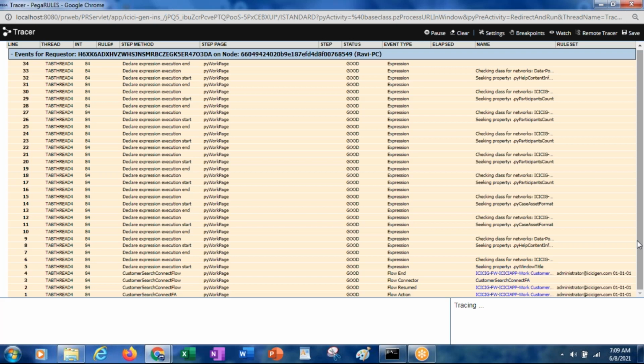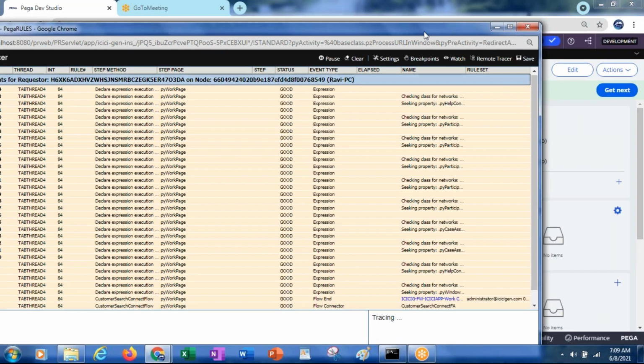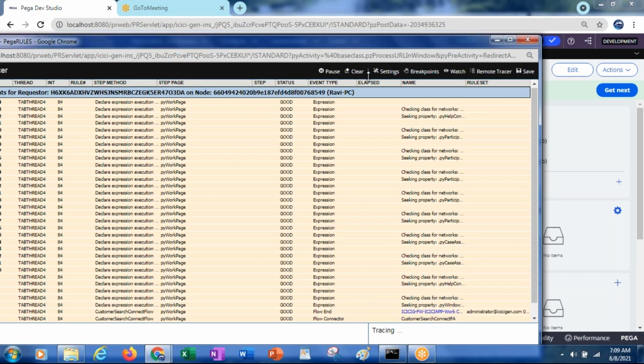Why is it not showing? Because now we are the client, we are not the server service. We are the connector, we are not the service. But if you want to trace the service also, then what you can do is keep the tracer for the service.